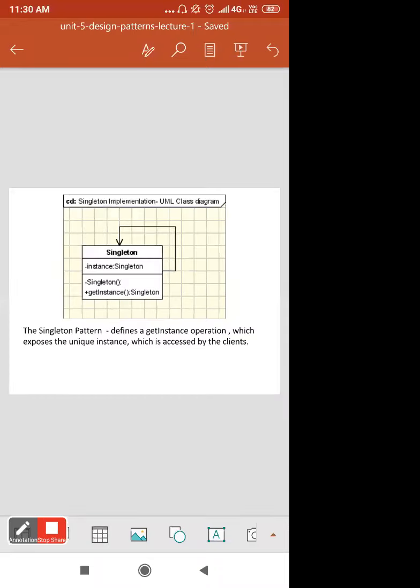You can see the singleton pattern, which defines a getInstance operation, which exposes the unique instance which is accessed by the clients. So that is the singleton pattern.